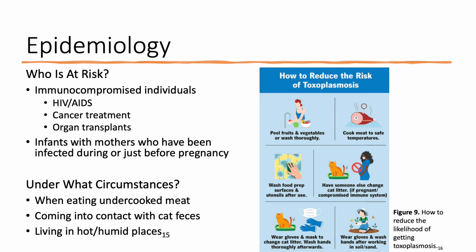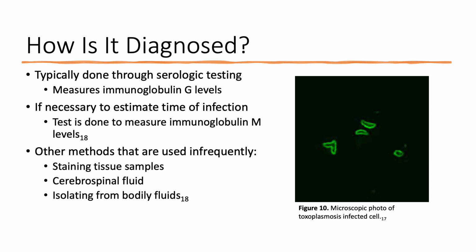If you believe that you may have toxoplasmosis, then you can do a series of tests to confirm that. So typically, serologic testing is the most common way to test if you have toxoplasmosis, and this basically just measures your immunoglobulin G levels in your body. And if it is necessary to estimate around when you were infected, there's another test that you can do to measure immunoglobulin M levels in your body, and that will give you a general idea of when you could have